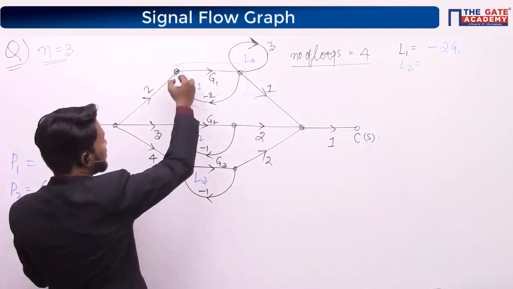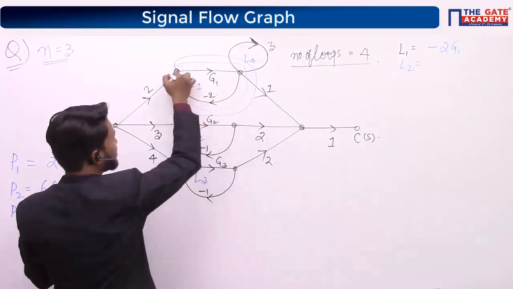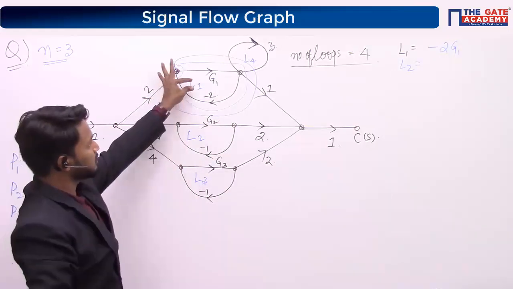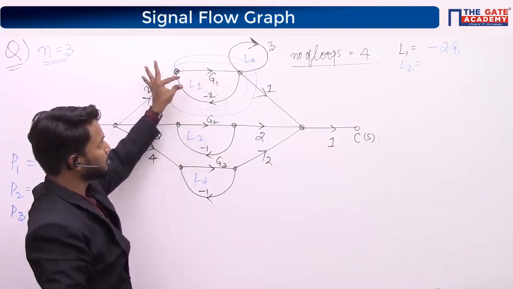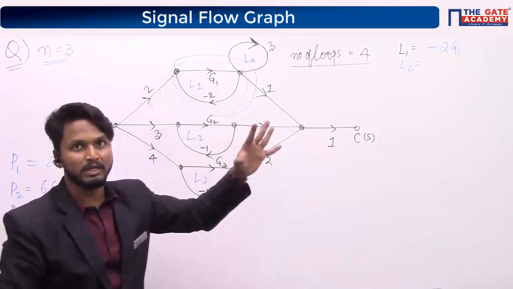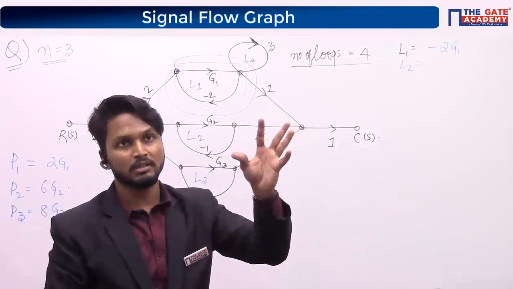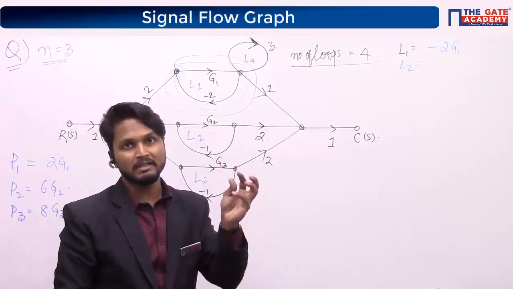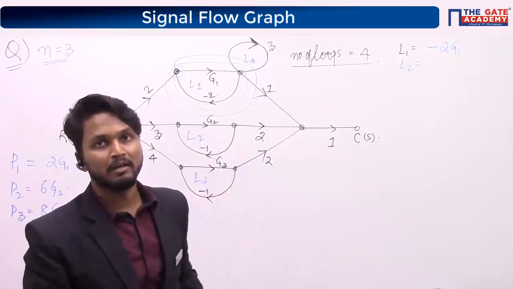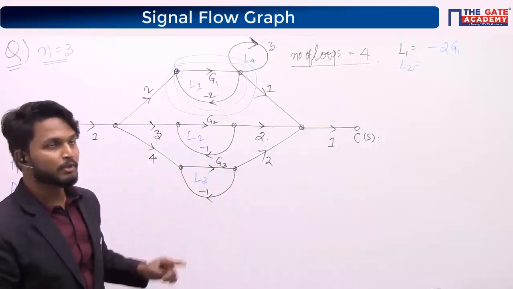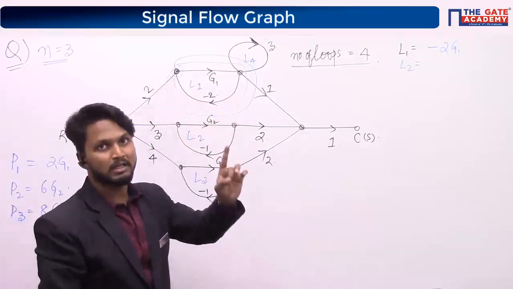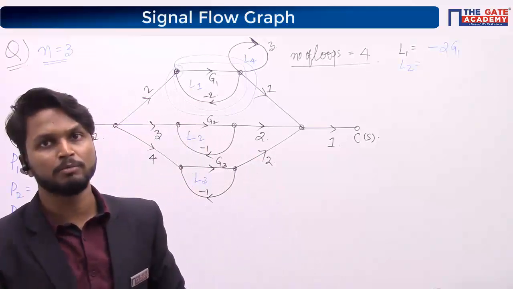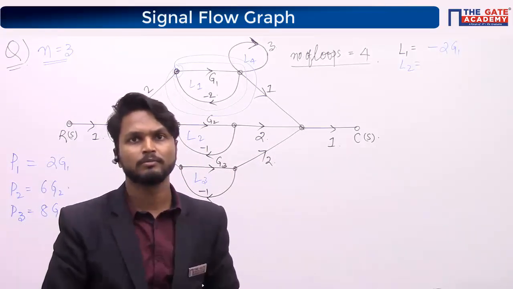So if you repeat again like this, and if I ask you for the loop gain, you say it is minus 2g1 multiplied by minus 2g1, you can say 4g1 square, right? So you can multiply it thrice and you can say it is minus 8g1 square, right? That is not a valid approach. You should consider this once only, that is minus 2g1, that's it. But for two separate loops, we can have the same node, right?